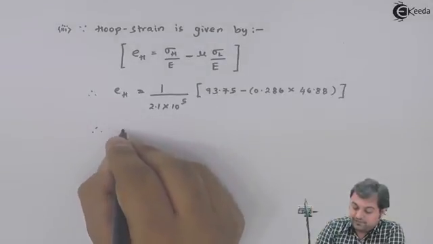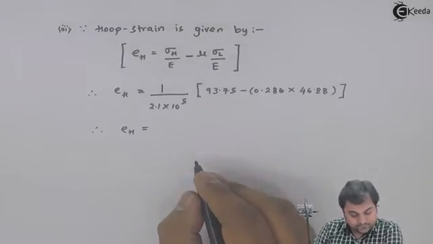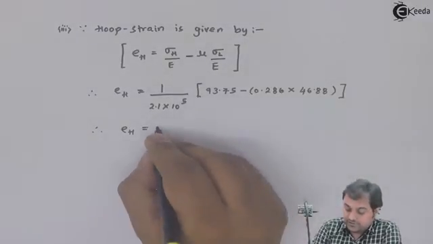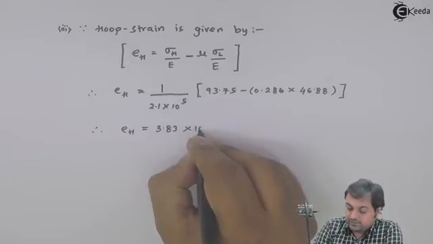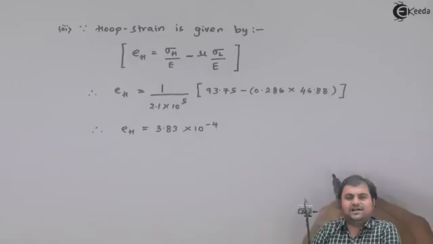So if I calculate, the hoop strain will be 3.83 into 10 raised to minus 4,